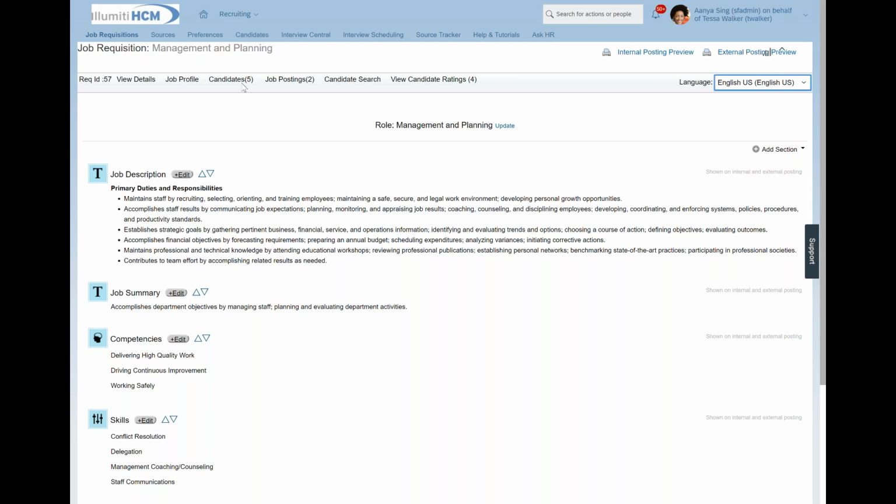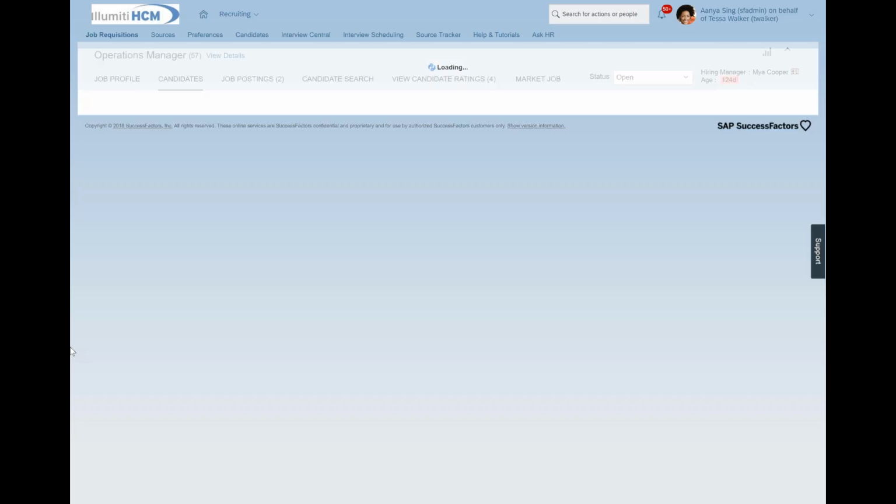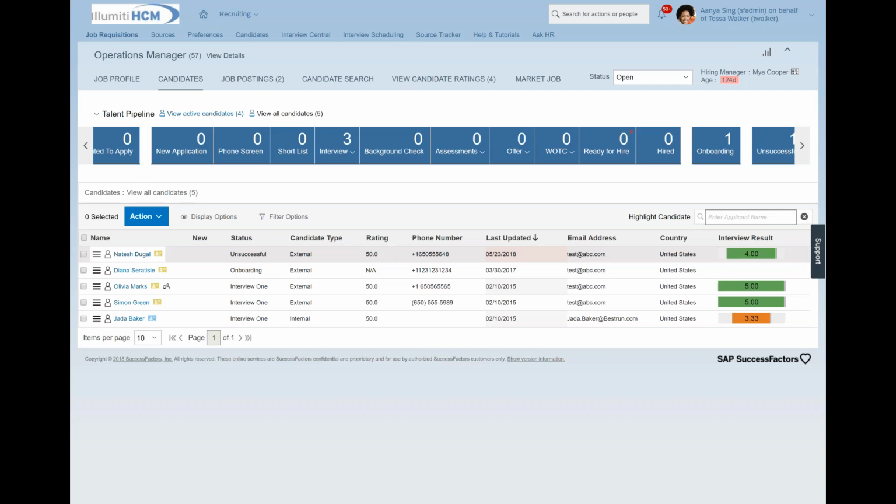When I actually go in and look at the candidates, I am presented with my candidate pipeline. And the candidate pipeline, for me, really forms the basis of our tracking solution. So it is here across the top, and it just lists out for us the different steps of our recruitment process.